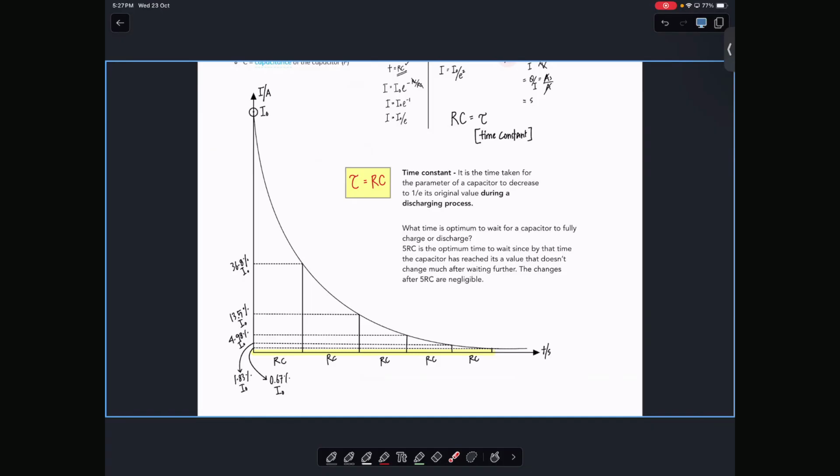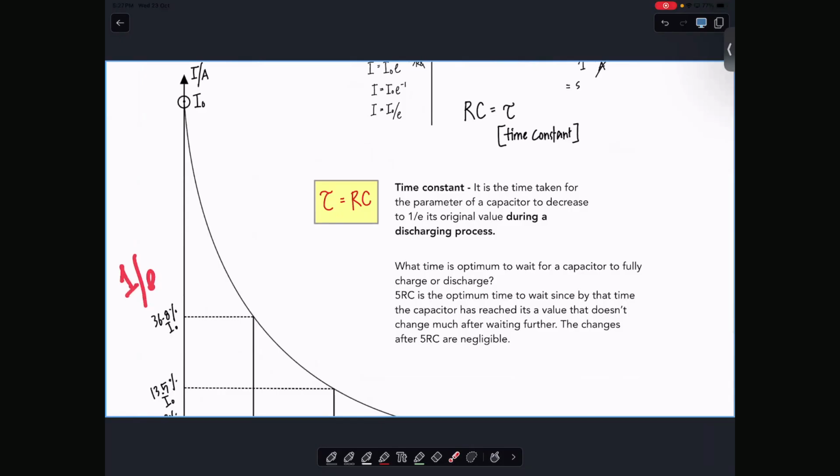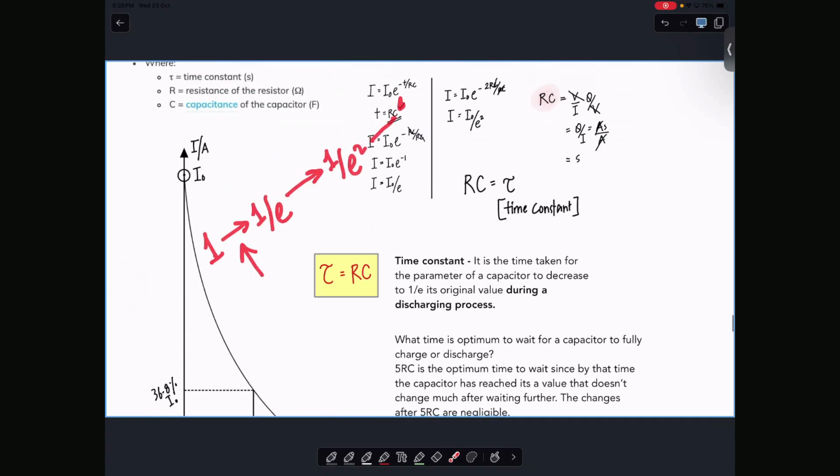So in this particular scenario, you have current, right? And the current is going down, down like that. We find that there's something constant here. The time taken for your current to become a certain value is always the same. What is that value? It's too difficult to say, but easy to understand. 1 by E, the original value. So in a calculator, there's a constant E, right? If your current is initially 1, the time taken for current to become 1 by E is always going to be the same, and so is the time taken for it to be 1 by E square, and for it to be 1 by E to the power 3.